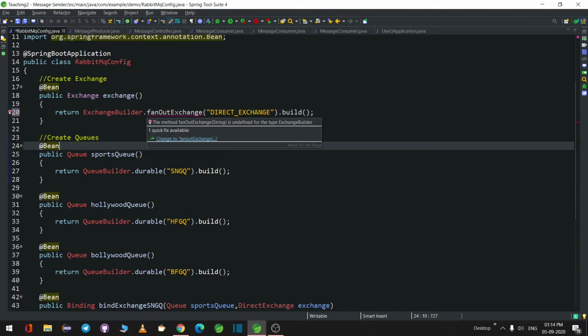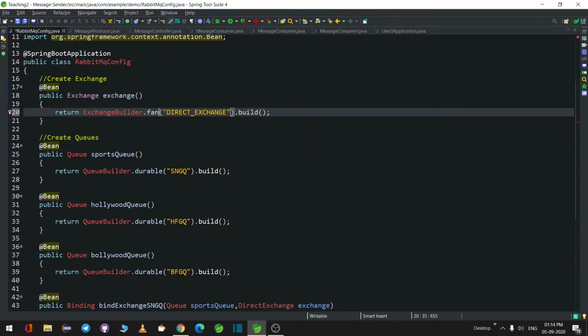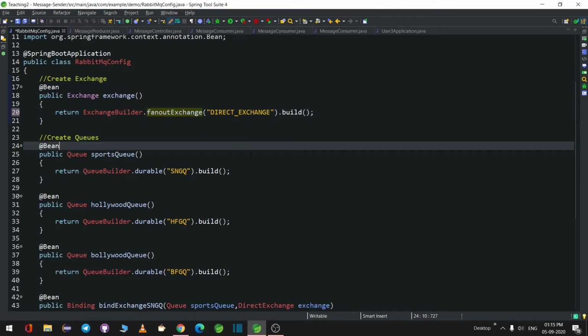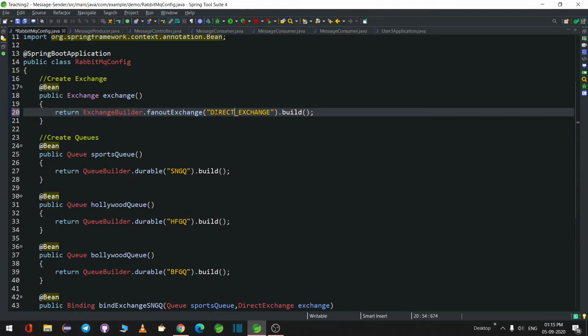So the exchange should be changed to fanout. We have changed this.